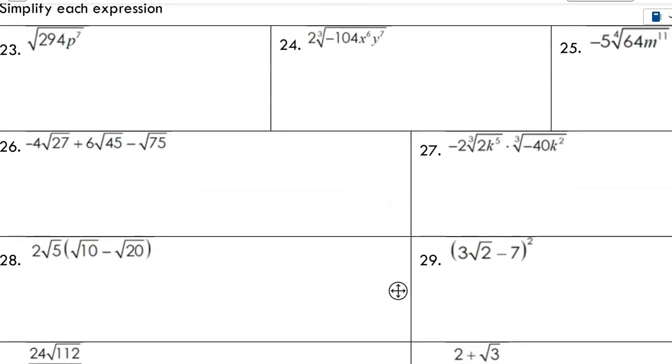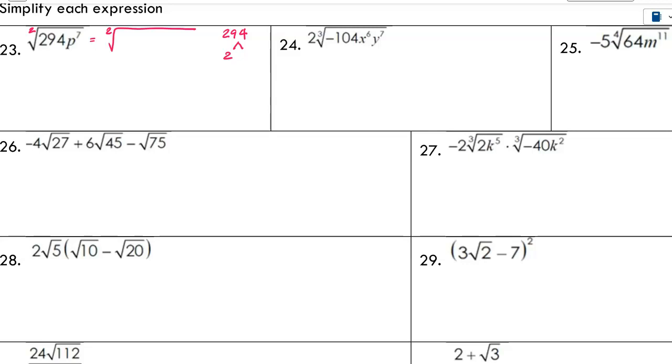This is a square root right here. And so remember, for radicals, if it's a square root, we have to look at this index. And if we have two of the same, then one can come out. Okay, and so if I look at 294 and build my factor tree, and then you have 294 divided